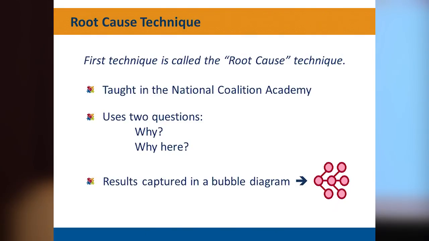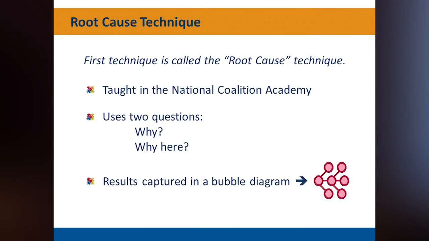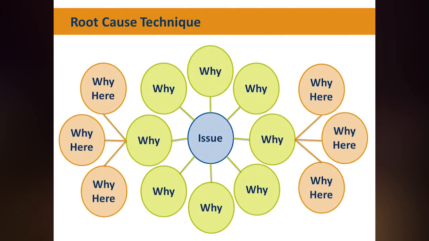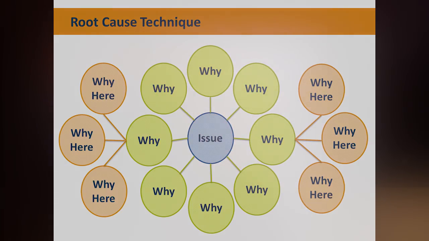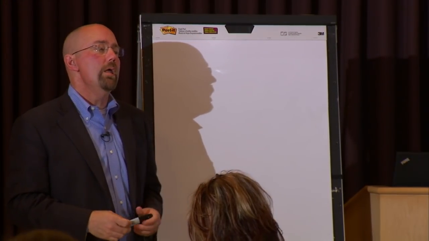Do you remember this? We talked about that issue analysis is a question path married to a visualization process. In this case, our question path is short and simple. Why and why here? You're probably all very familiar with this one. We're going to do it very quickly. The results are captured in a bubble chart. Every time we learn an issue analysis technique, we're going to do it as a whole group first. The issue we're going to explore as a whole group is childhood nutrition.